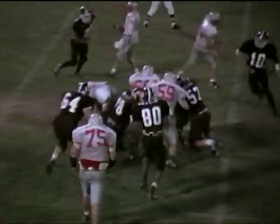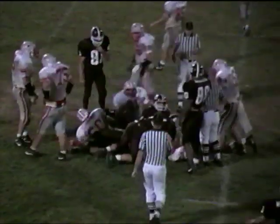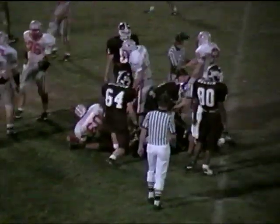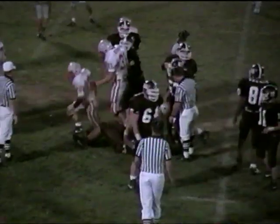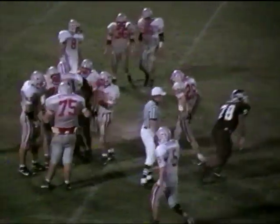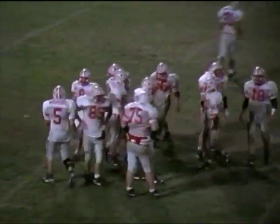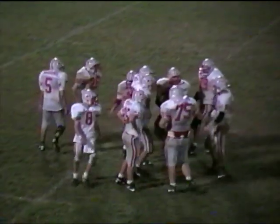Mauser gives off to Marcus Fox again. Fox up into the line for another yard or two, bringing up 3rd and short now for Corbin with 6:04 left to go in the football game. The Hounds down here 33-14, looking as if they may be on their way to their 4th defeat of the year against only one win, but